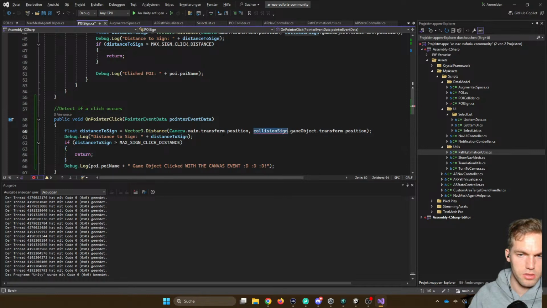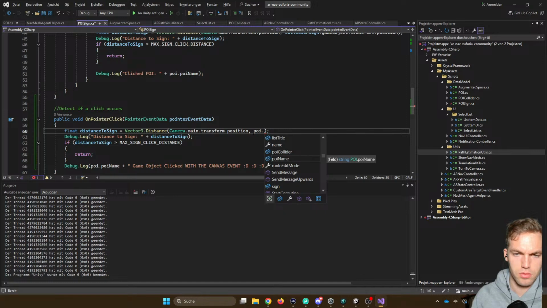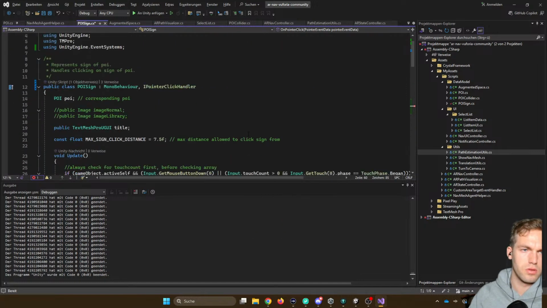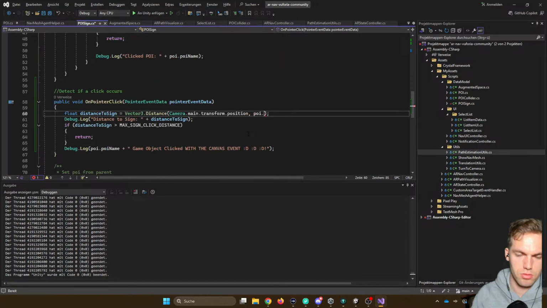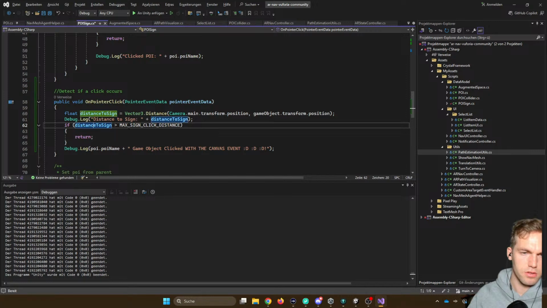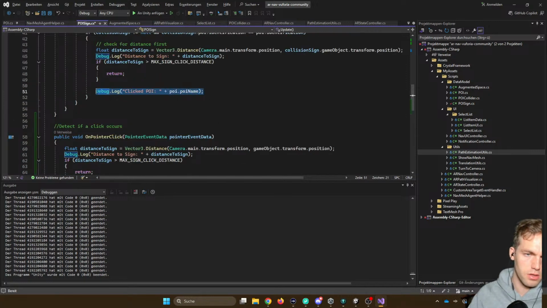We'll calculate the distance from this object, from the camera to this game object. Okay, the distance, and then if distance too far away, we return, and if not, then we just have this